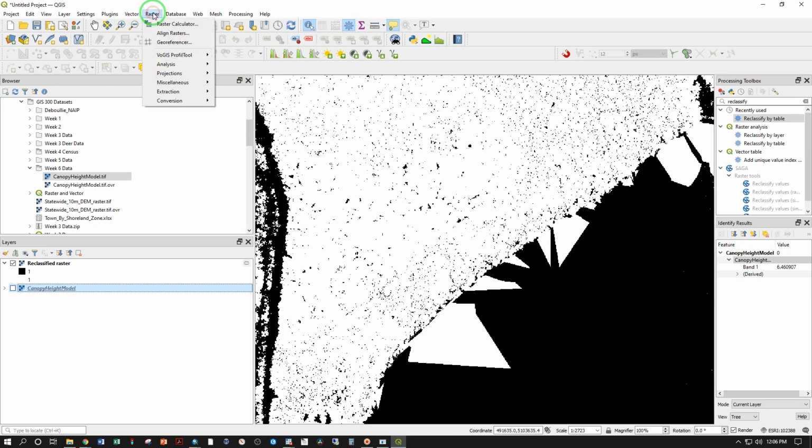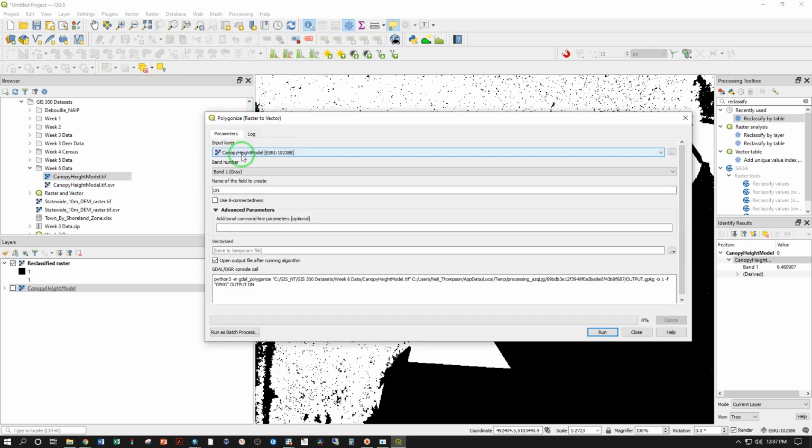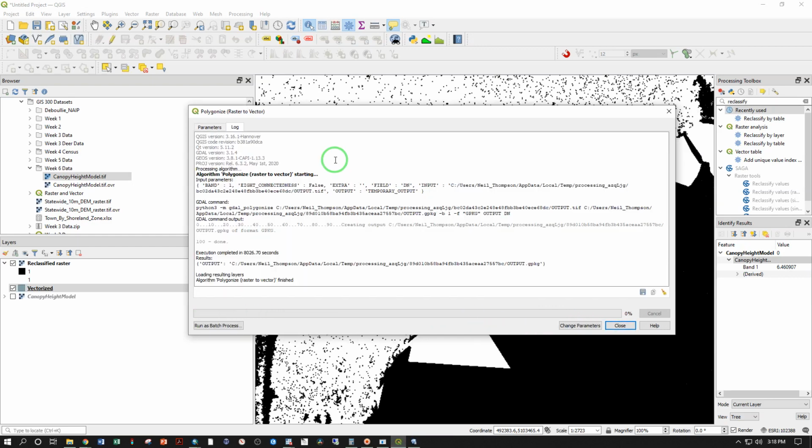So we're going to go under Raster, Conversion, Polygonize, Raster to Vector. Our input layer needs to be our reclassified raster, and the rest can remain as is. Run. Alright, so 2.5 hours later we have it,